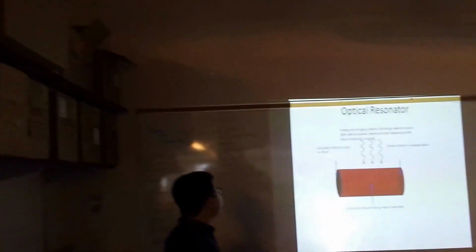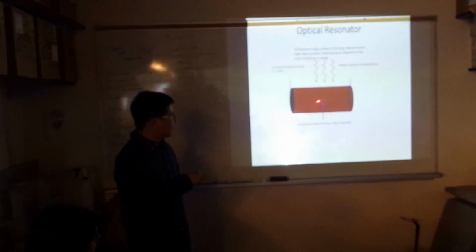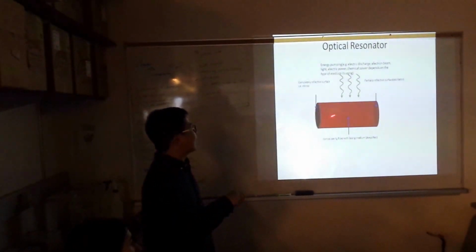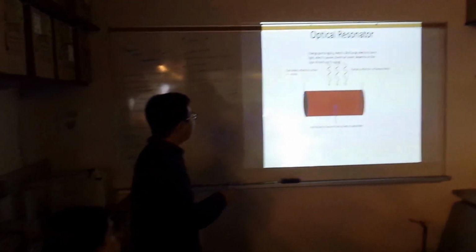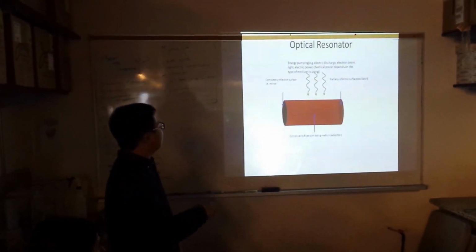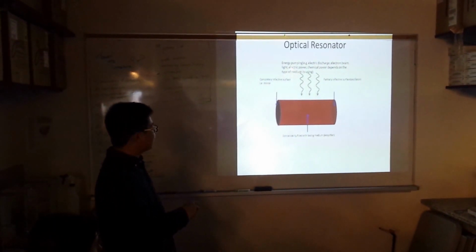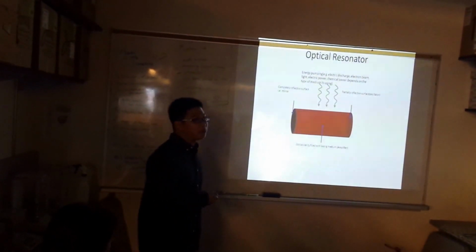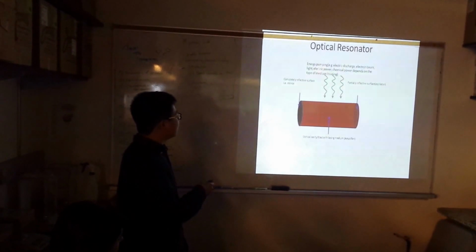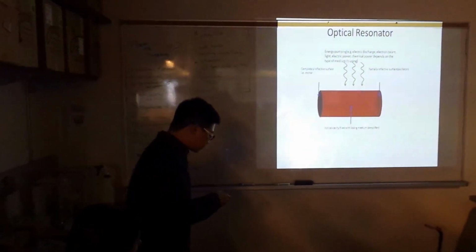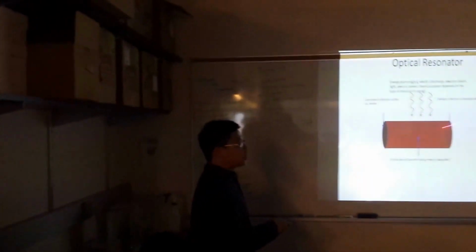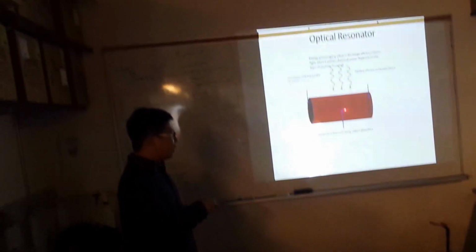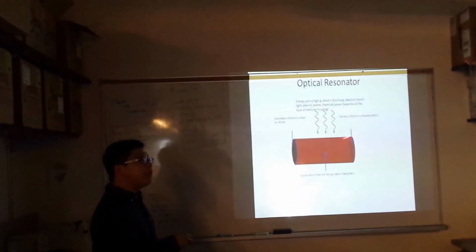You can have different ways to pump energy to this ruby rod to excite the ruby atoms inside this rod here. And as we can see, we have two mirrors here. One has a reflective index of 100%, and one has a refractive index of like 99% or 99.9%. So what we do is we stimulate this ruby here, and suddenly we turn off the switch, and then these excited atoms will undergo relaxation and emit these